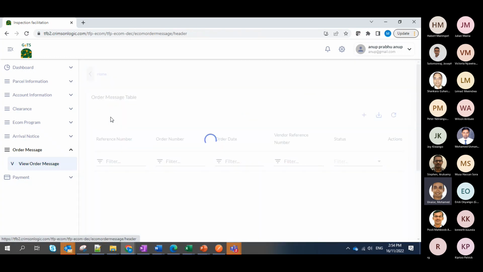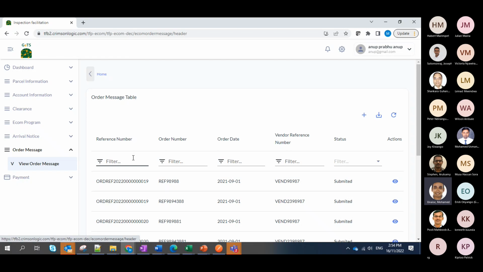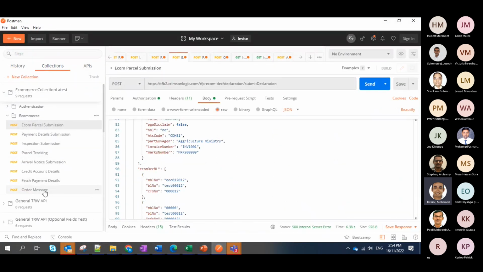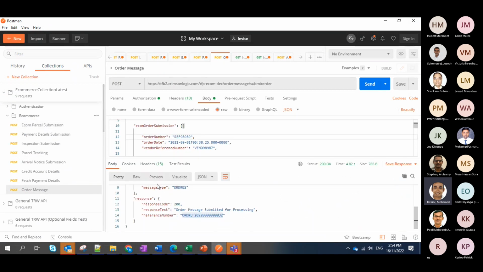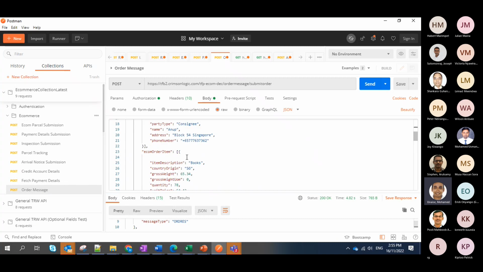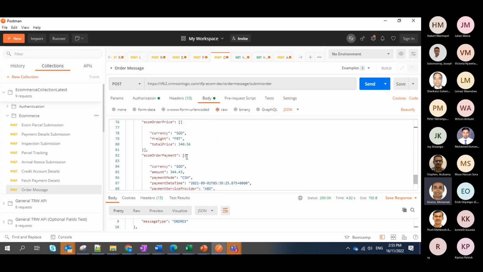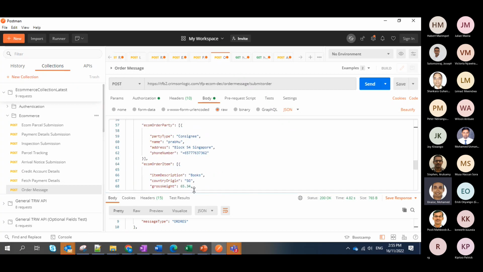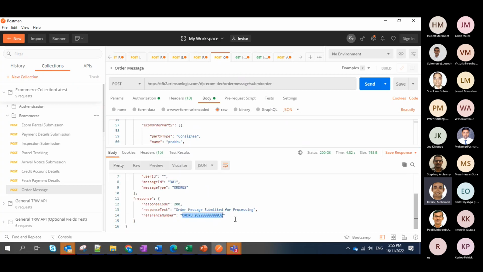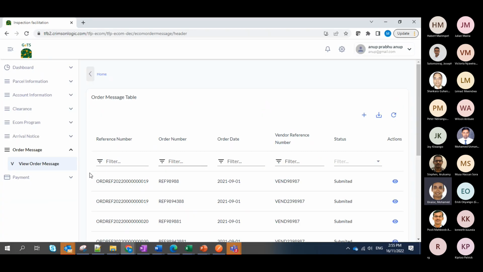This could be submitted through APIs as well. And we have a provision to submit all these through the order message. Here I have done a submission earlier. This order has multiple items and this was submitted. Once it's submitted, we have a reference number that is given here, and this could be done through API integration.